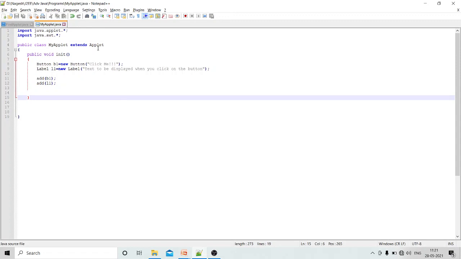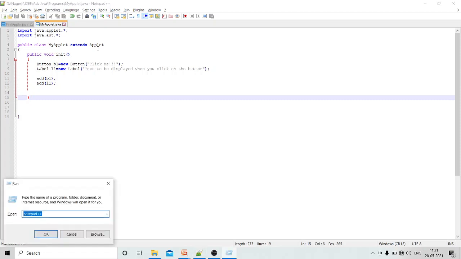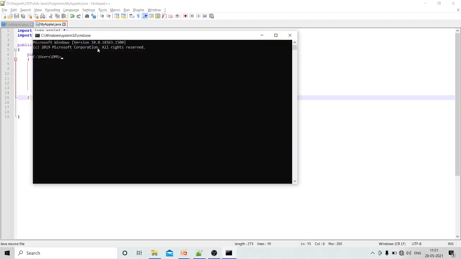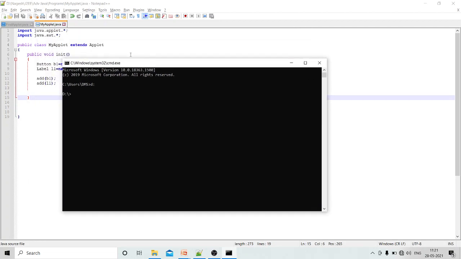Then we need to compile this. To compile this, we can use cmd. So I'll open the cmd command prompt, and we need to move to the directory where we have saved our program. If you look, we have saved the program in this directory, in the folder called programs. So we need to move to that directory.